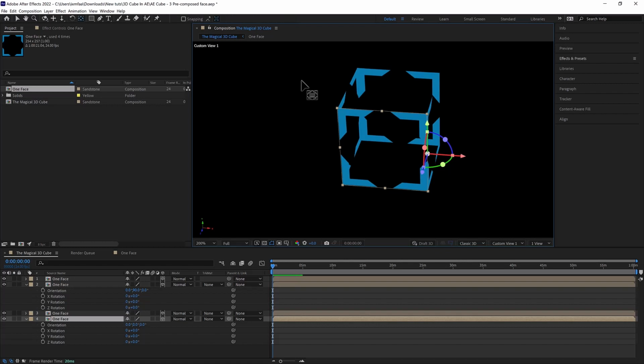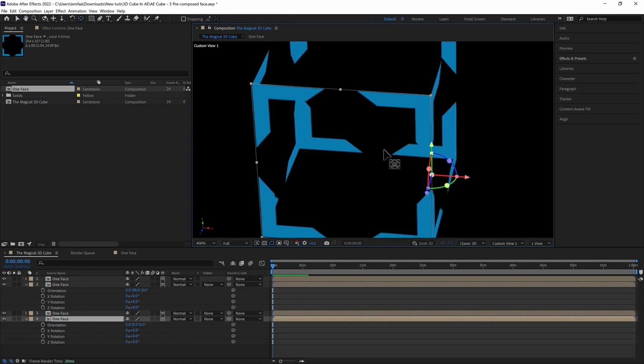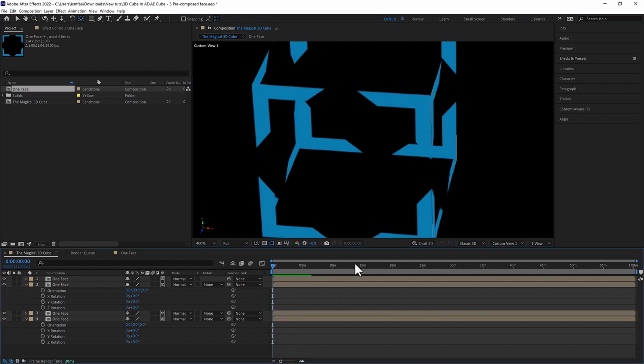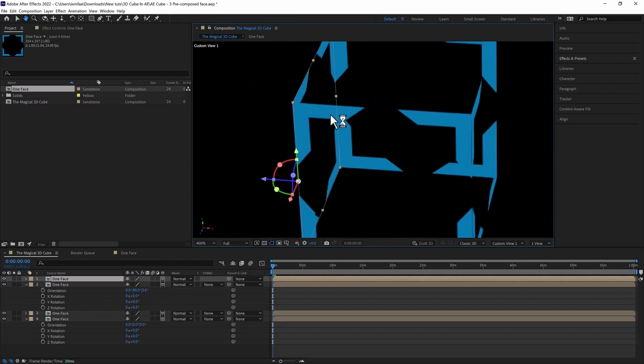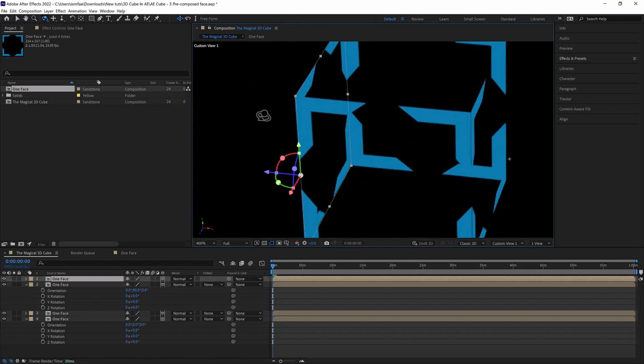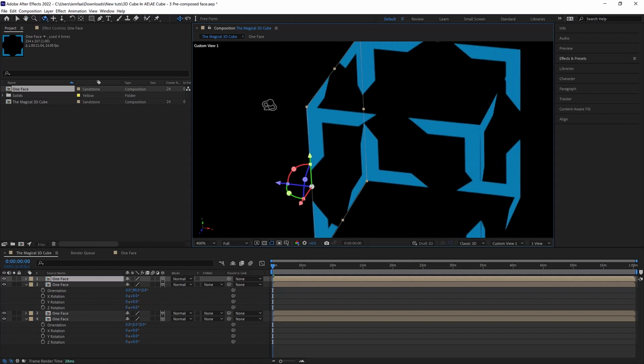So if I hit Y, I'm going to deselect and select this one, for instance. If I hit V, that's the select tool that's going to move this. But if I want to change the anchor point in 3D view, Y, and